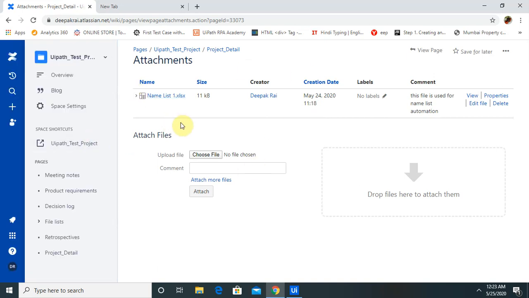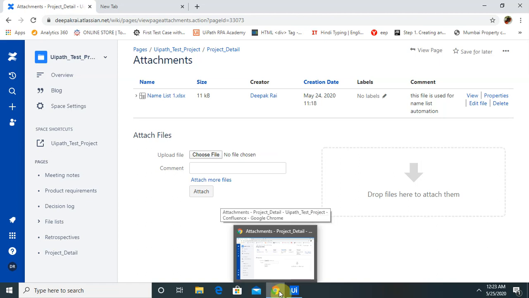It is required when we are working with the automation framework to download and add attachments. So it's a continuous process in the Confluence portal, and automating this makes our life easy to download any specific attachment in any project.